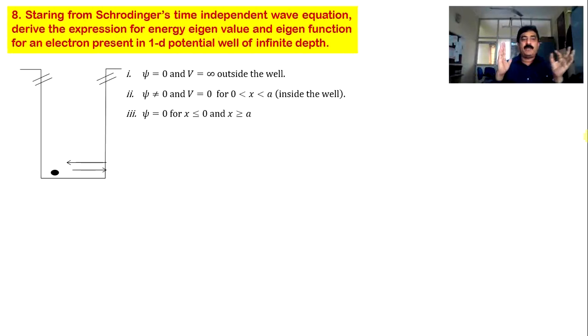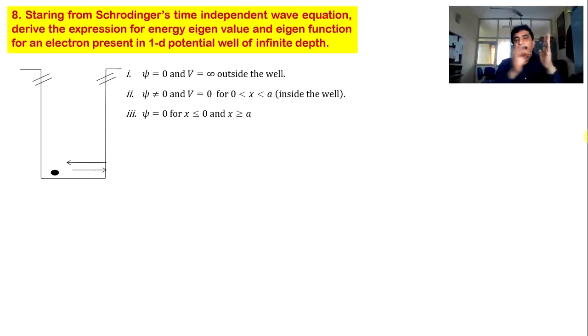What assumption have I made? When the particle goes and hits the wall, I treat the collision as elastic. The wall is hard, the ball is rigid. When it hits the wall, it immediately rebounds back. Suppose the wall is not hard, let us say it is made up of mud, then when the ball goes there and hits, it gets stuck in the wall. That is not possible here, because I assume that the wall is hard, the ball is hard, and the collision is elastic.